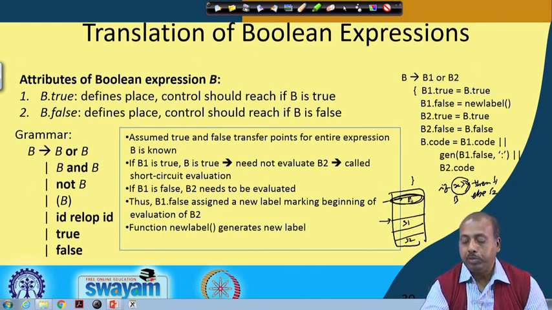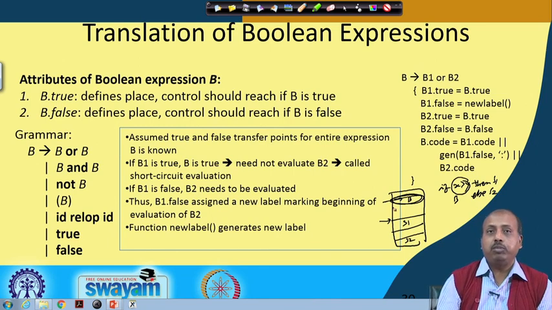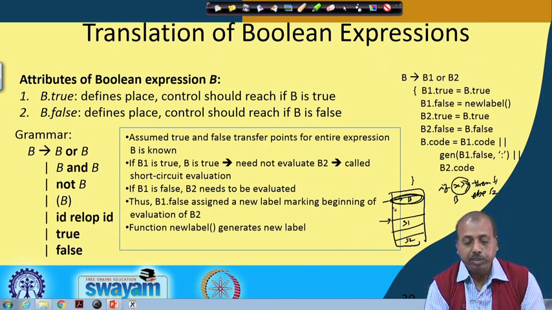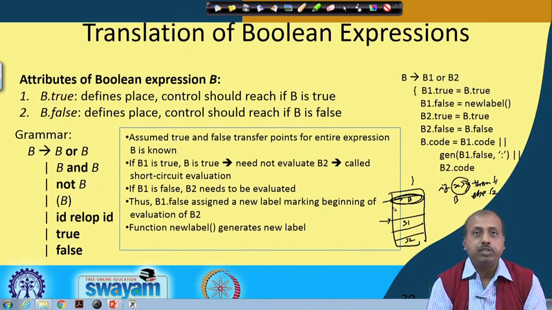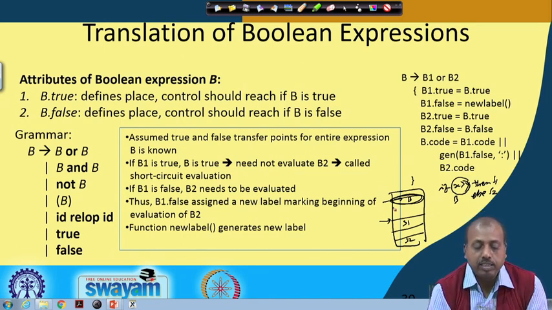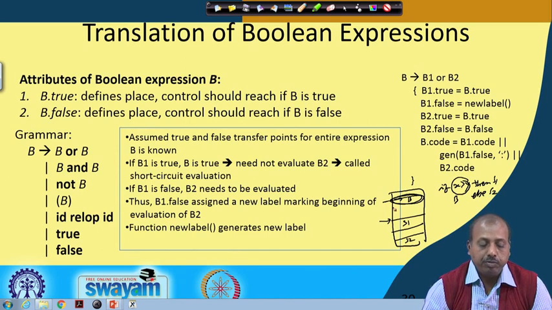So, for the Boolean non-terminal b, we assume that there are two attributes, b dot true and b dot false, where b dot true defines the place the control should reach if b is true, and b dot false defines the place where control should reach if b is false.